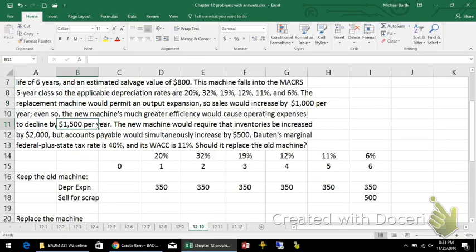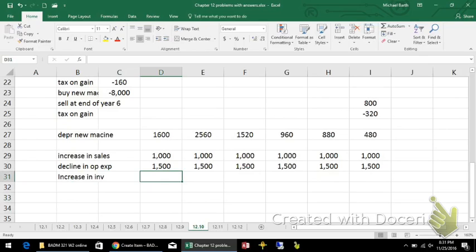And the increase in inventory of $2,000 is offset by $500 of accounts payable. So the way this is worded, these are not initial investments, it's actually operating cash flows. Convoluted wording. But accounts payable simultaneously increases by $500. So net, we would have a times 0 increase. Well, we'll do increase in inventory, which will be an outflow, and then the increase in accounts payable would